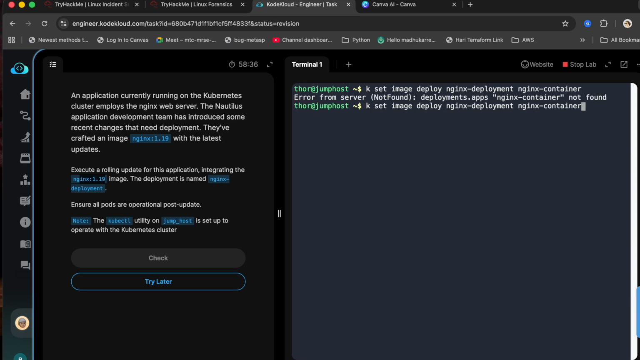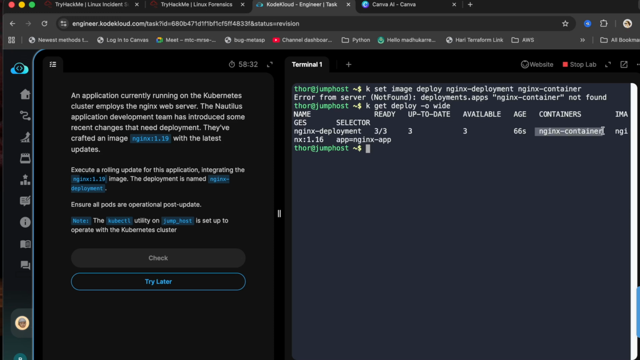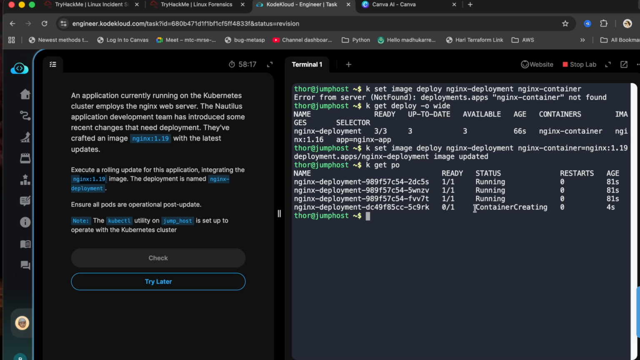I'll show you how you can get that. If you run the command k get deploy -o wide, you can see the container name here. So container name equals nginx:1.19. Once you do that, if you run the command k get po, now you can see the new container is creating,